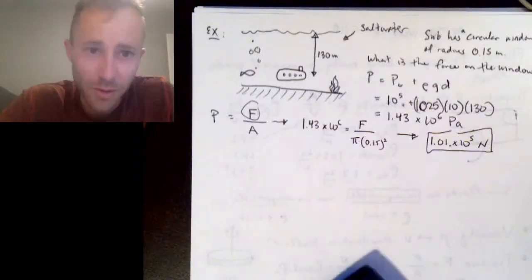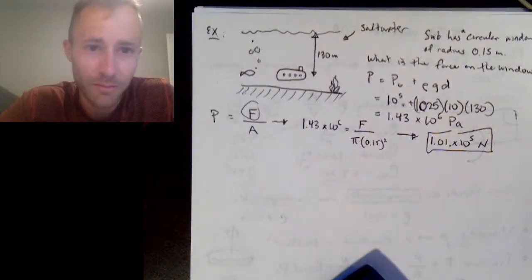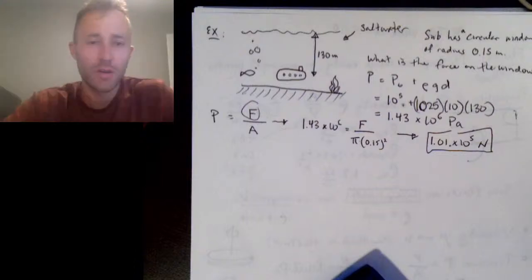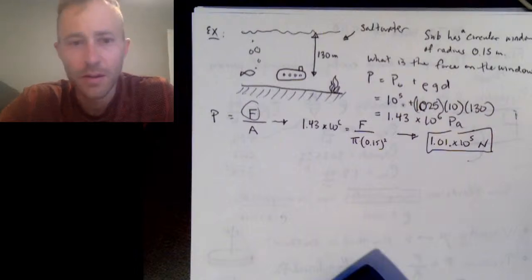This is why submarine windows, if you're going to have them at all, need to be really, really strong, because there's a lot of force acting on them. They need to be thick, they need to be small, or you should just not have them, okay? All right,